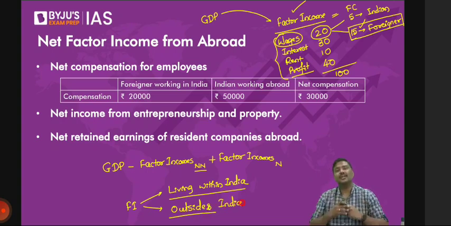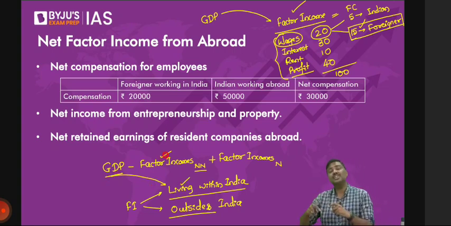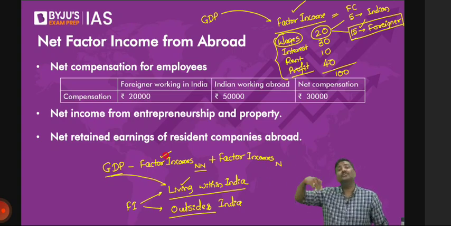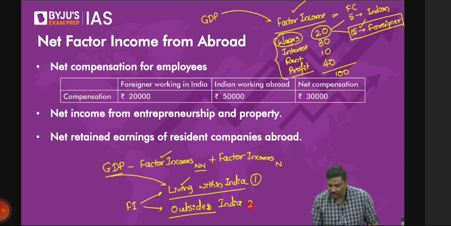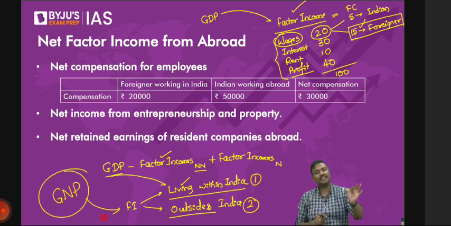So what I will do is basically this. I will take GDP, and in GDP this component is already present. But apart from this, there is also one more component: factor incomes generated by non-nationals. It could be wages, profits, rent, etc. So I will subtract those factor incomes, and for those nationals of India who have earned wages or profits outside India, I will add it. So I will have 1, I will have 2. Get the sum total of this. That is referred to as gross national product, and this is how gross national product is calculated.